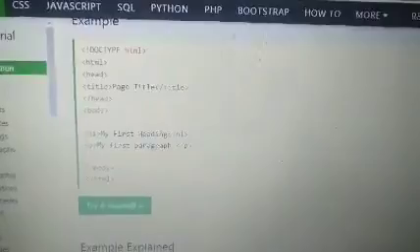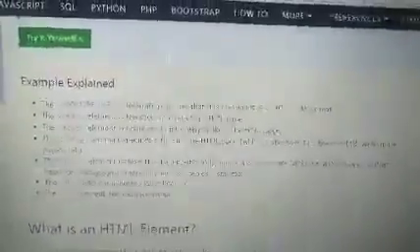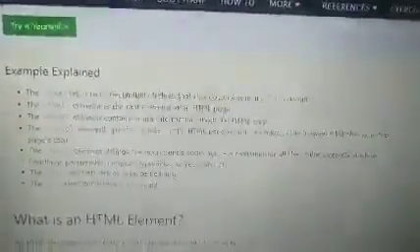See this first code: doctype HTML, head, title, head, H1, P. Now I am describing each and every detail of this HTML code. The doctype HTML declaration defines that the document is an HTML5 document. To denote that the document is an HTML document, we write doctype HTML. You can omit that as well.